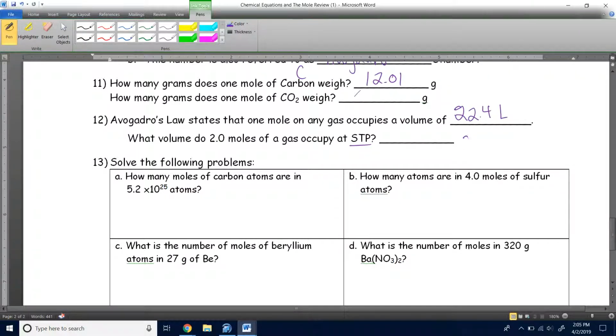So we have 2 moles. Okay, that's what's given. And we're going to multiply by the 22.4. So what are we looking for? We're looking for volume. So that means it's looking for liters. So if we have our conversion factor, 22.4 liters over 1 mole, if I'm looking for liters,